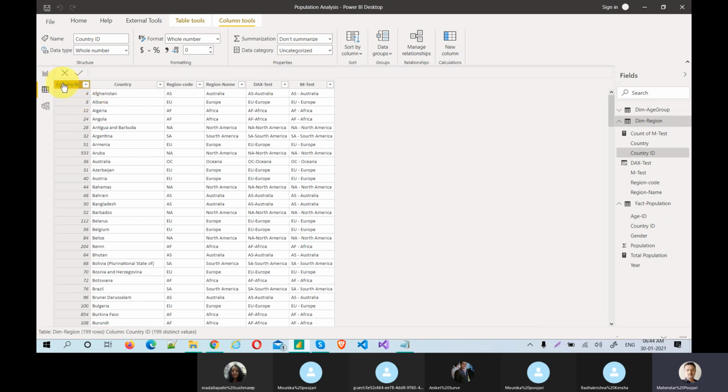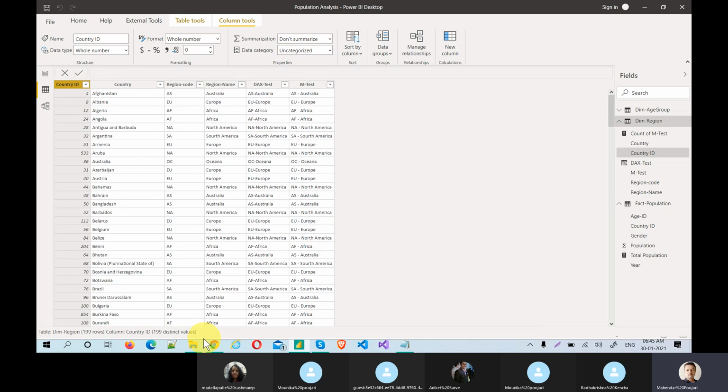But if you want to do any operations on the whole number and the decimal number column, you can do it without changing the format. So that is one of the interesting factors you have learned today. An interviewer might ask you, can I do a DAX operation? Can I use a function? Can I add or multiply or do any operations between a whole number and a decimal number? Yes, you can do that. Okay, so that is one thing.